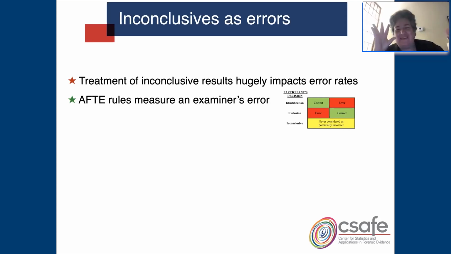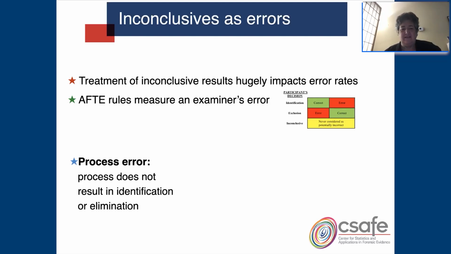inconclusives. So inconclusives are this weird thing between identification and exclusion. And obviously the way that we treat those inconclusives hugely impacts error rates. According to the AFTE rules, inconclusives are considered correct, but we also need to think about the overall process. So if the overall process doesn't result in an identification or an elimination, something went wrong. And that could be